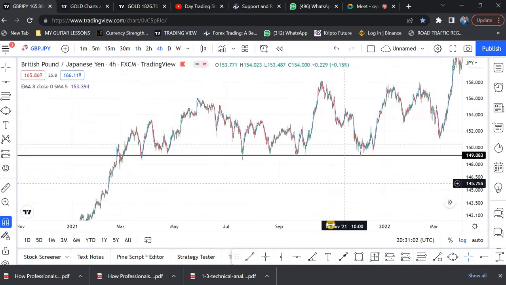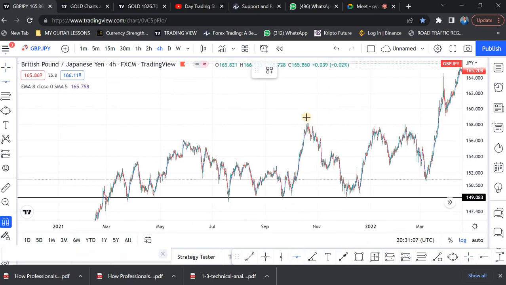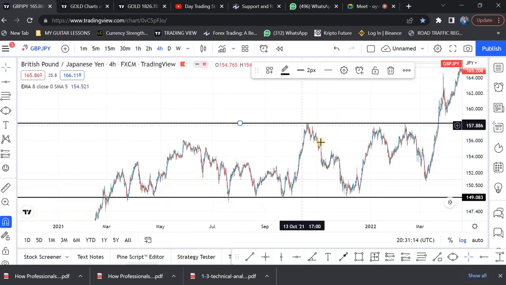And then up here too we can draw a resistance. So you just put a line here where price touches and then it reverses backwards. So this is also acting as a resistance. So what you do is that when price gets to the support, you know that whenever price gets to the support, it will reverse backwards. It will react backwards. So the moment price gets to the support, after analyzing your market and drawing support and resistance levels,